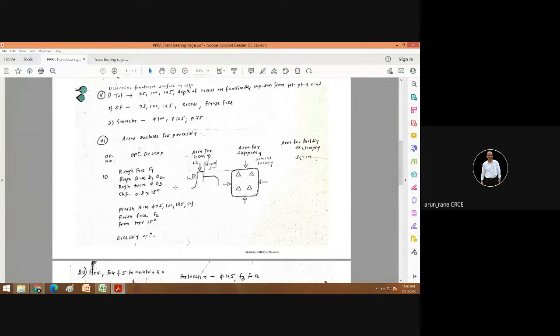Then rough turn D3. Then chamfer pointed 150. Whatever operations you are doing in roughing, the same you then do in finishing. So operation number 10, that is setup 1, you have to see that you are doing the maximum number of operations. Your first column is operation number, second column is operation description, and then area suitable for location.